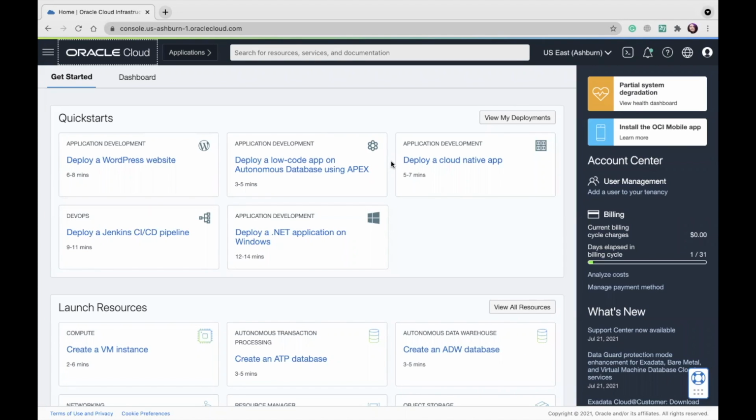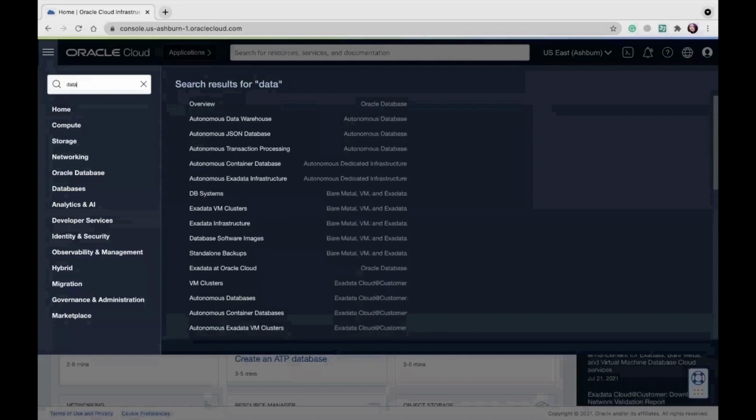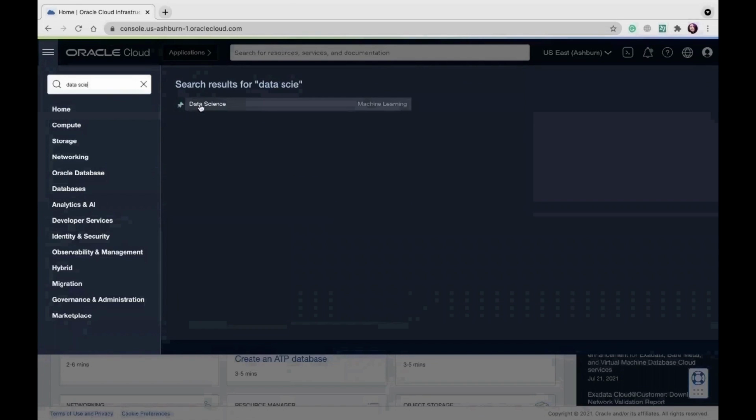I will be doing it through the console, but most likely the models will be saved programmatically with ADS or the OCI Python SDK. In the case of ADS, all the model metadata is extracted automatically if you save the model from a notebook, for example. ADS also adds a series of custom metadata automatically to document the datasets used, performance metrics, etc. Navigate to the menu here, search for data science, and open it.